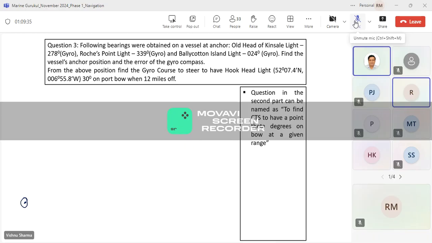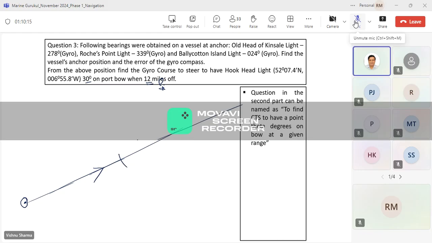Okay, let us say here is the Hook Head light. Let me explain the concept and then we'll see how we have to do it. Let us say this is the required course. I'm just saying, let us say this is the required course because it is on the port side, he's saying, right? Port bow. If this is the required course, then what is he saying? At 12 miles, you want Hook Head light to be 30 degrees on the port bow. That means at what distance from Hook Head light? 12 miles. So if I take a compass and open it 12 miles and put it on the Hook Head light and cut on this line,